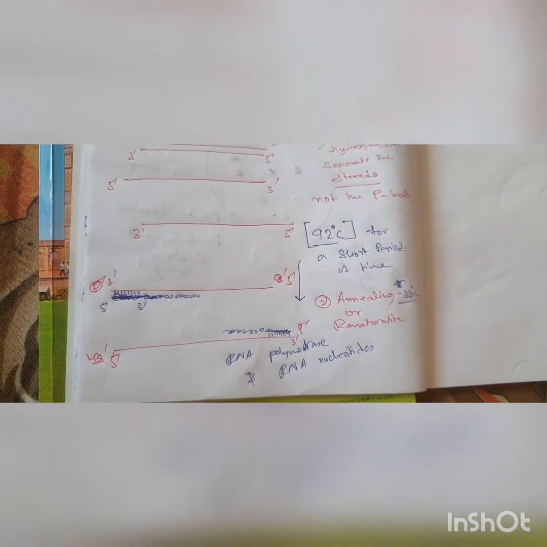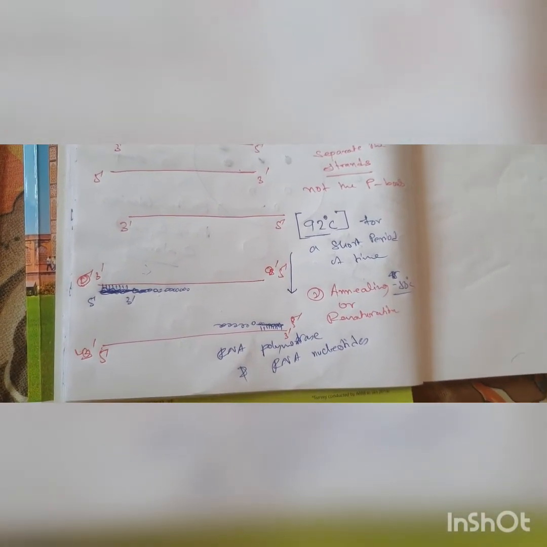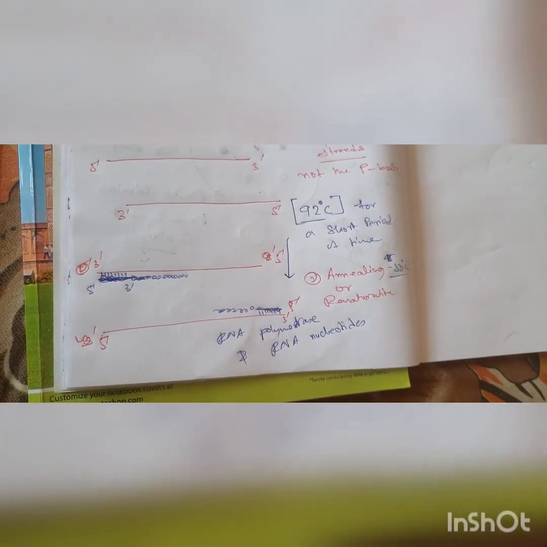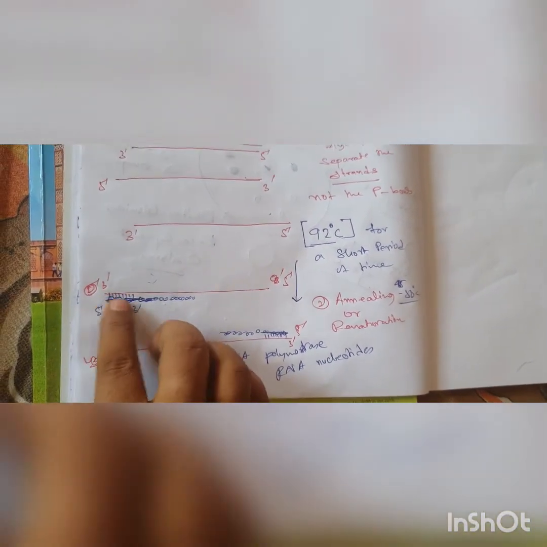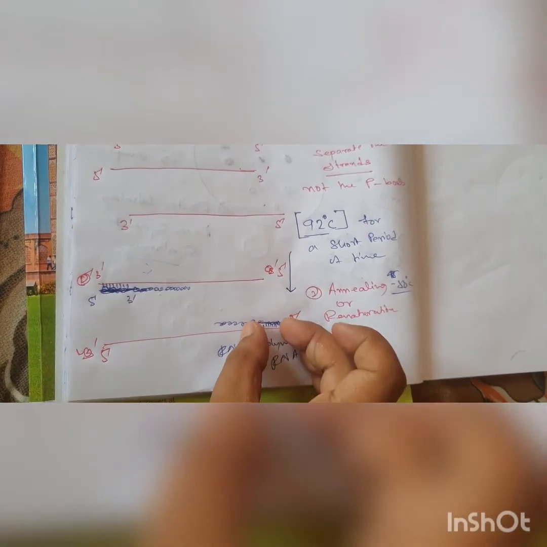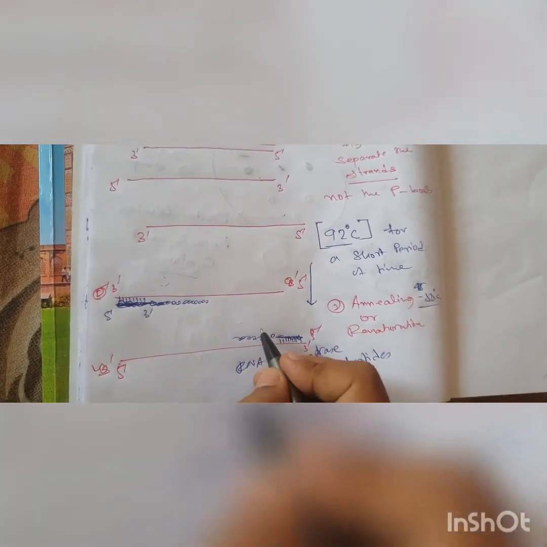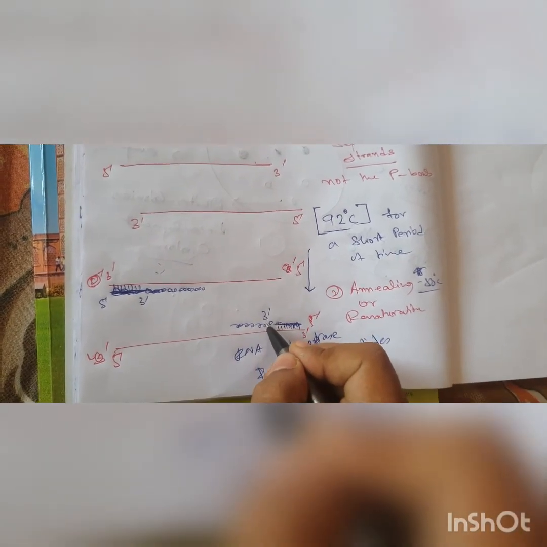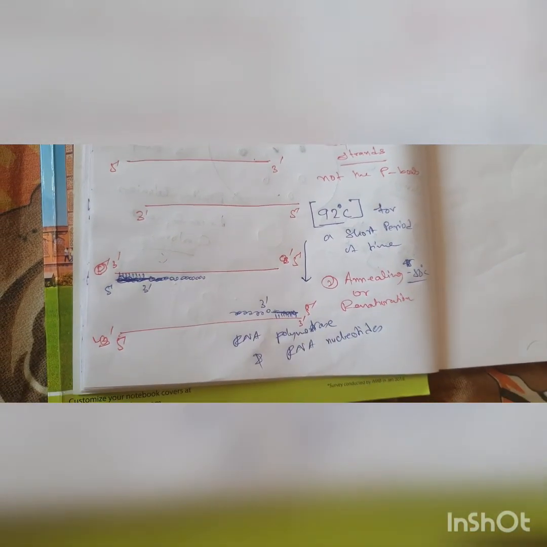Are you getting my point? So just primer addition occurs. Why is primer addition important, or why are RNA nucleotides important? Because the primer is the RNA primer and RNA nucleotides will be created. And why is it created? To just create a 3' end so that at the 3' end the DNA nucleotides can be added. So in the next step now,